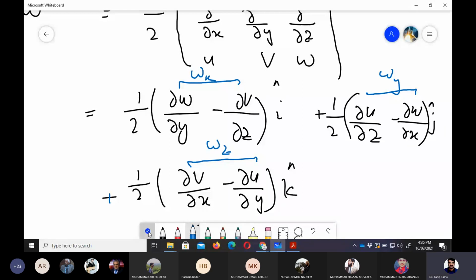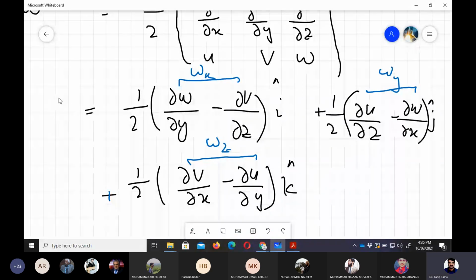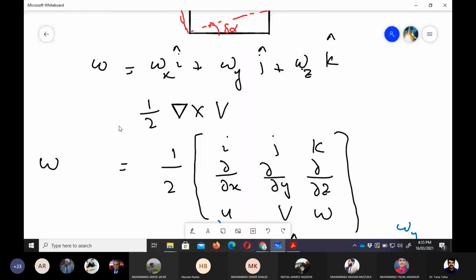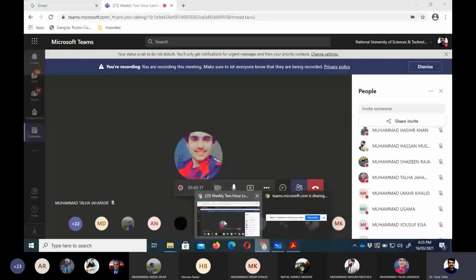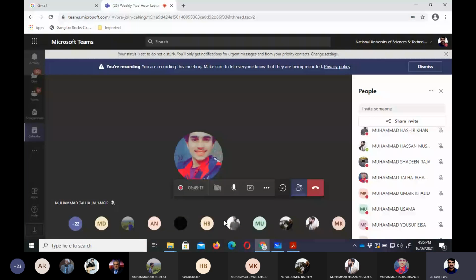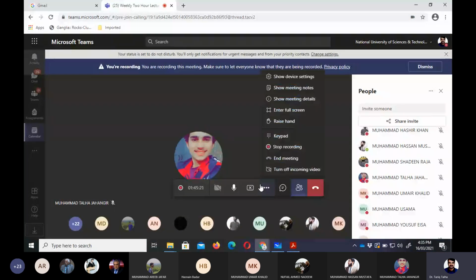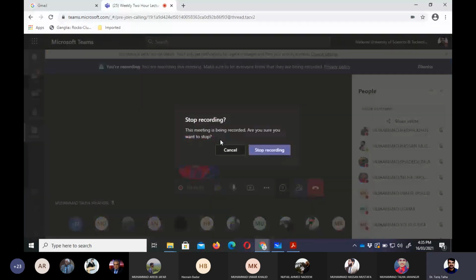ठीक है, so if you remember this, that omega, or we call it rotation omega, that is half curl of velocity field. कर्ल कैसे निकालते हैं वो, उसके लिए ये मैथड है i j k. So I hope that today's lecture was understandable to certain extent. So let me take the attendance and then we can